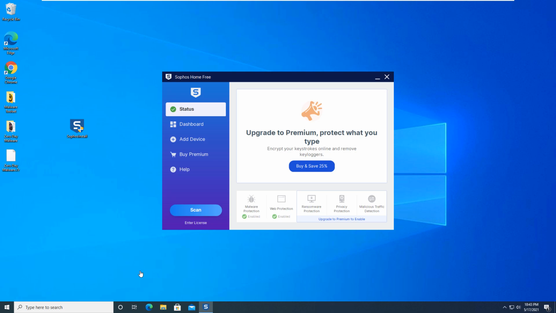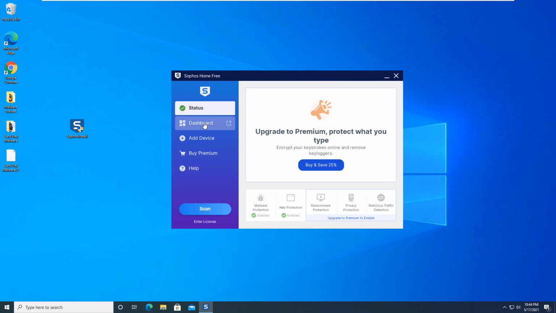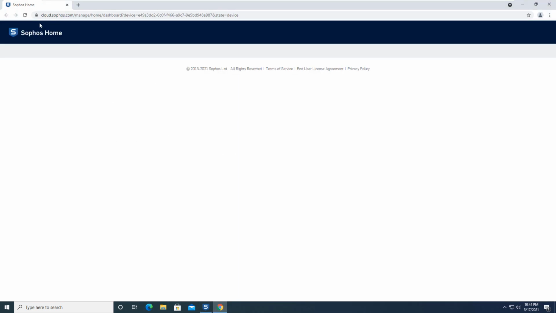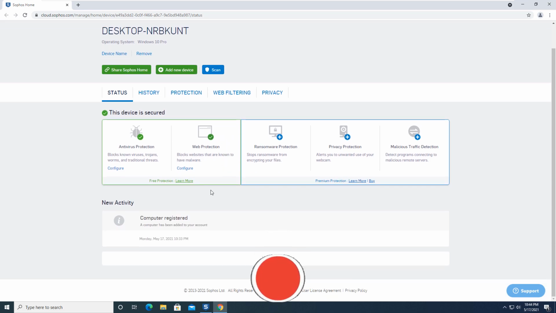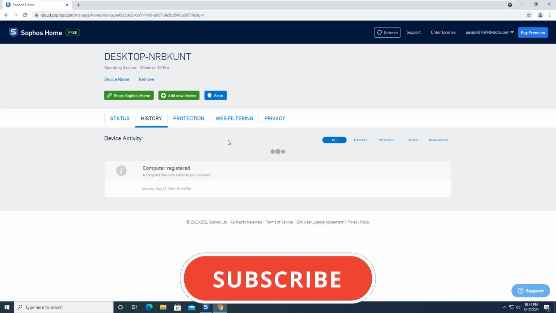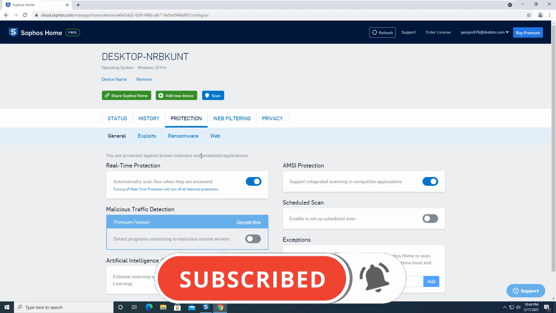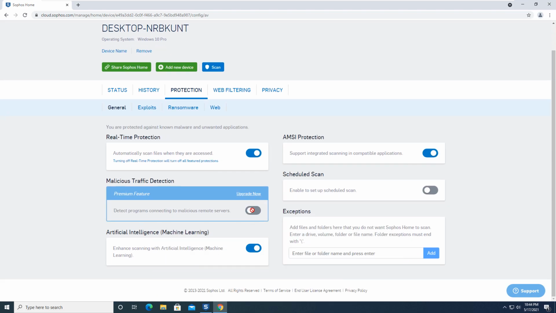Okay, we are back from the restart, and I actually did find a way to remove the premium trial, so we are only on the free edition, which is good because this will be a better test just for the free edition. And what's actually cool is if you click on the dashboard button, there's an interface that opens up on the cloud. It's a cloud-based antivirus, so you'll see here everything is listed about your computer. Basically it tells you your history, protection,